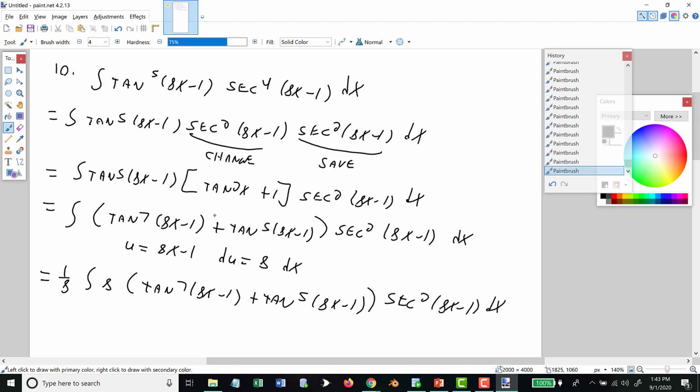So then the 8x minus 1s get replaced by u. The 8 dx gets replaced by du. So this becomes